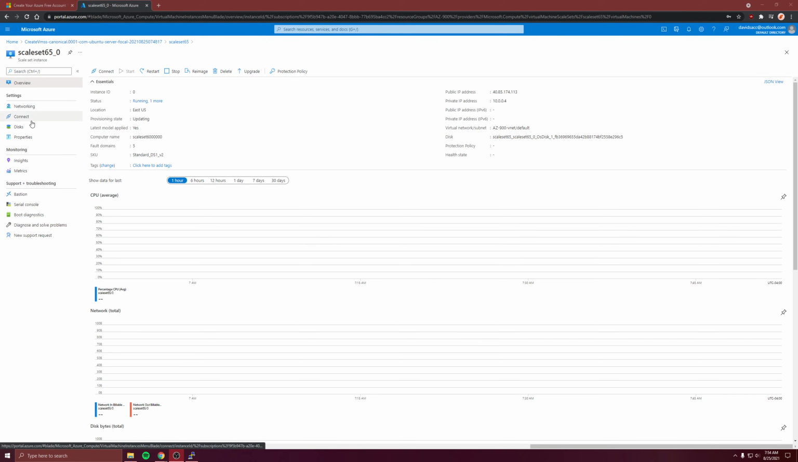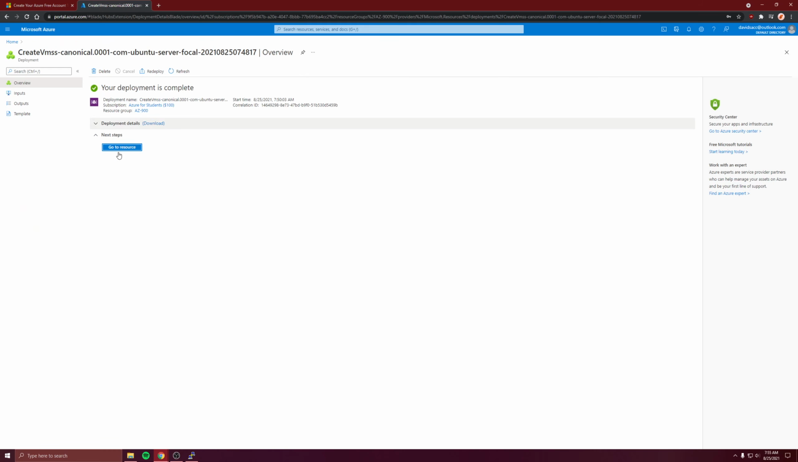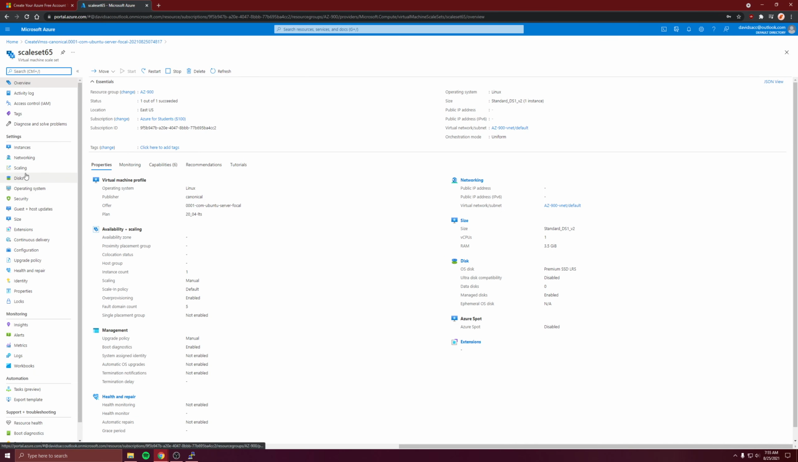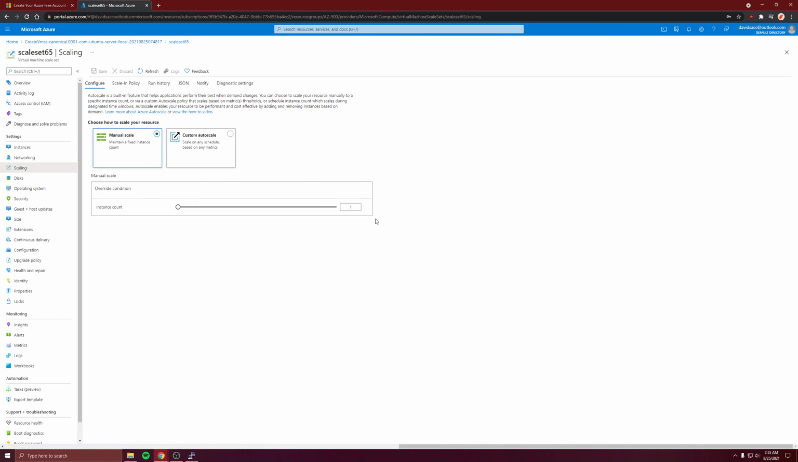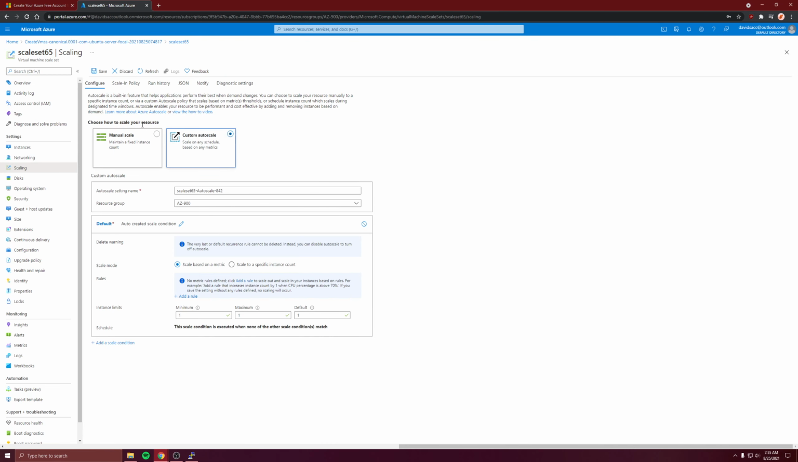So let's go here. Let's go to scaling and we'll do custom autoscale. So the whole point of a virtual machine scale set is that you could determine, by creating conditions here, how many virtual machines you want when your resources are being exhausted. So we're going to scale based on a metric, and then let's add a rule,